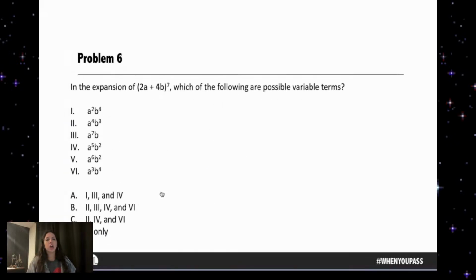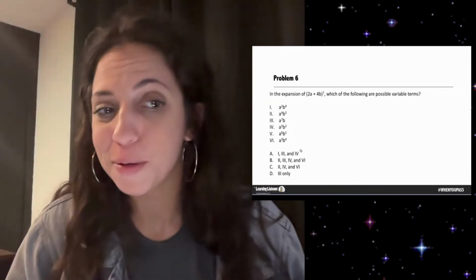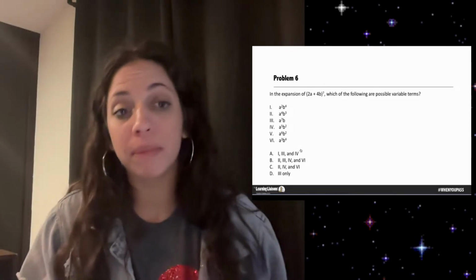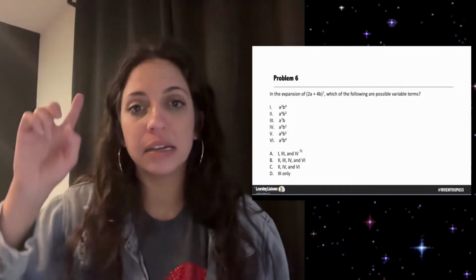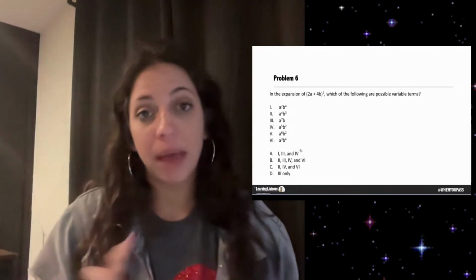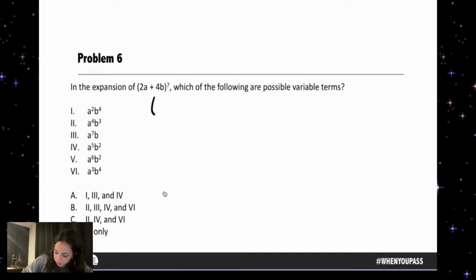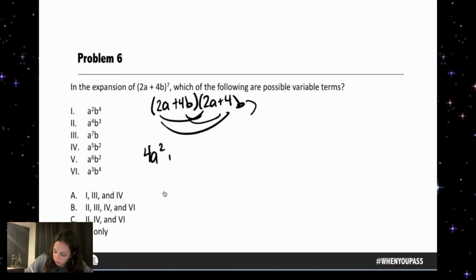All right, so I'm going to be really honest with you, I actually just learned this week. If I had seen this problem on my test, I would have flagged it, moved on, come back to it, and done this. And some of you are going to be like, no! (2a + 4b)(2a + 4b), and I would have distributed it. So I would have gotten 4a squared + 8ab + 8ab = 16ab + 16b squared, times (2a + 4b).